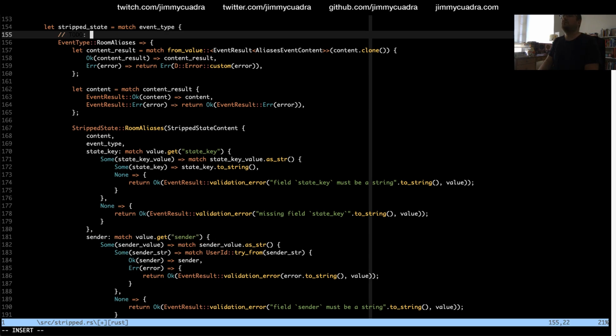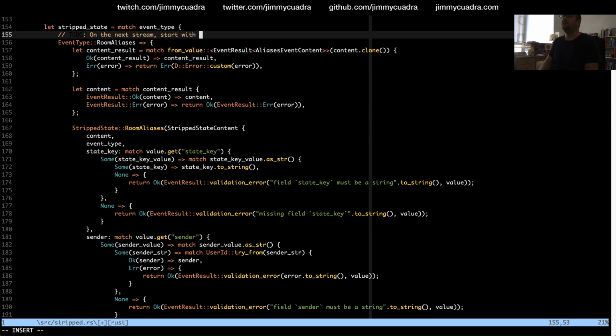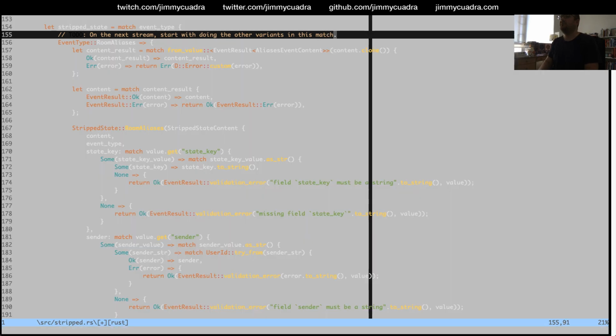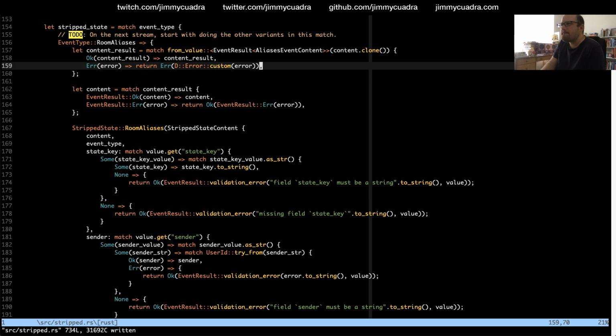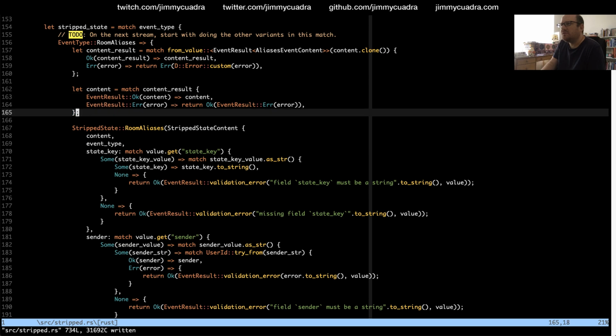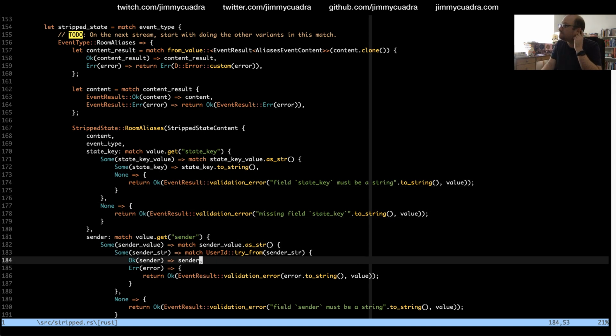To-do: on the next stream, start with doing the other variants in this match. Okay, that'll remind me that I did one variant, but I'm going to need to do the other one. And hopefully now that I've written out one that works, I'm going to once again try to extract the common portions of this so that each match arm won't be so incredibly verbose.